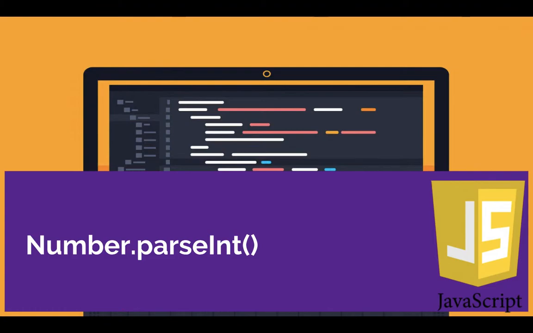You're going to learn about the parseInt method in the Number object, or you can say the Number constructor. What it does is you pass a string argument and it returns an integer of the specified radix base. So for that, what we're gonna do is